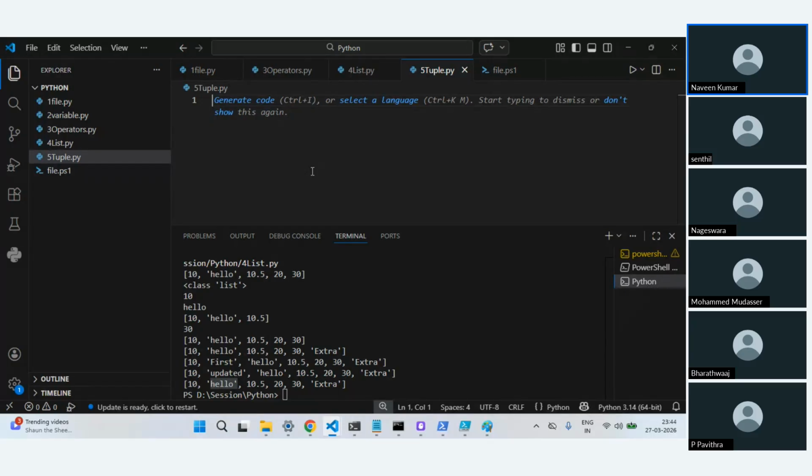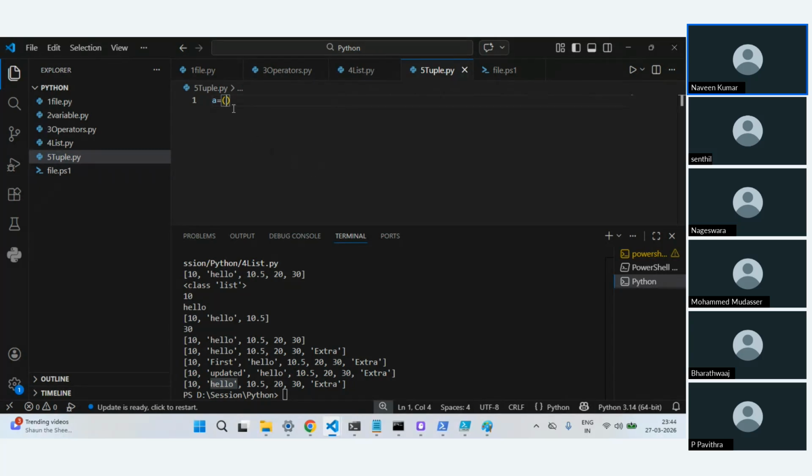Okay, so list, you saw we define something like this in a square bracket, right? So tuple is something which you define using this bracket. I know you can call this a parenthesis, but what do you call this bracket?